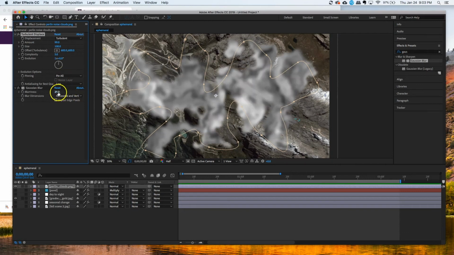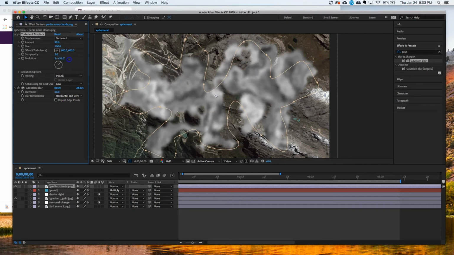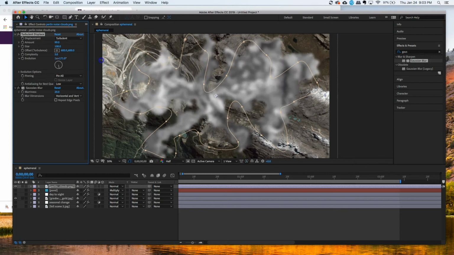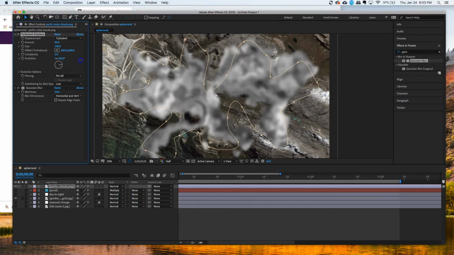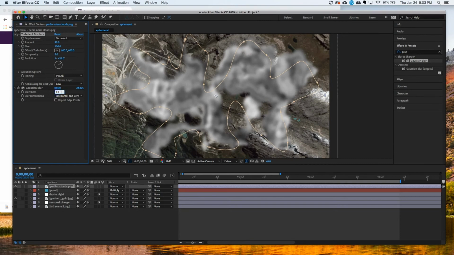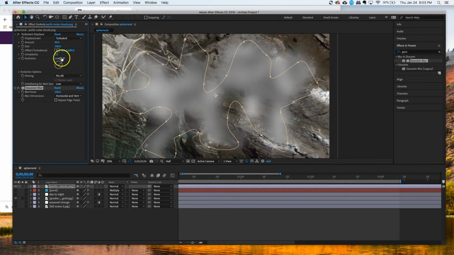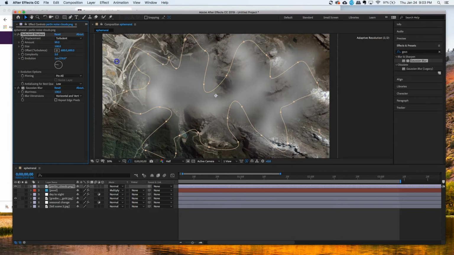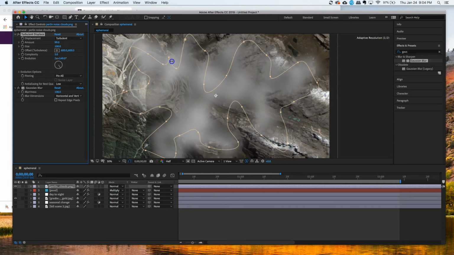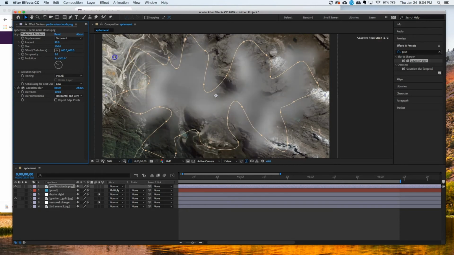And if we really crank this up, maybe this is not quite clouds yet, maybe this is more like smoke or something. It's got a little bit more definition to it. But if we really crank this up to maybe like 100, then we can see us starting to get something that's a lot more cloudy. And so really just with adding different blurs and feathers and turbulent displacement, you can get a lot of different